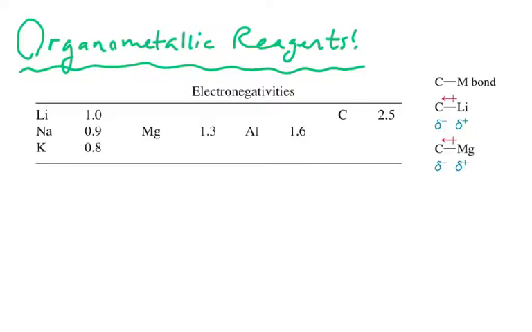Today we are going to talk about organometallic reagents. Organo, carbon, metallic, metal. It's exactly what it sounds like. It's going to be a carbon thing bonded to a metal covalently. And to give you an idea of why we have these organometallic reagents in our organic chemistry toolbox, I've put